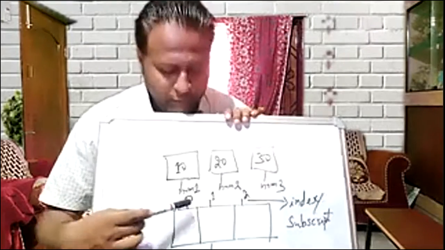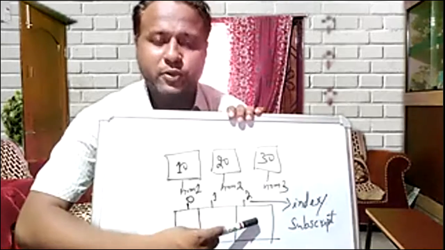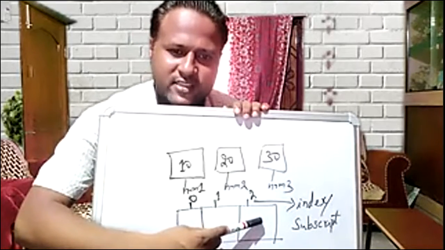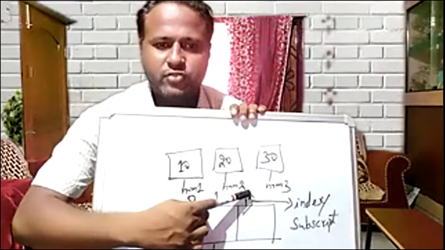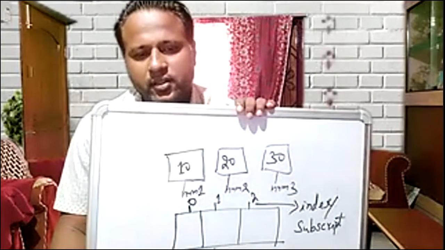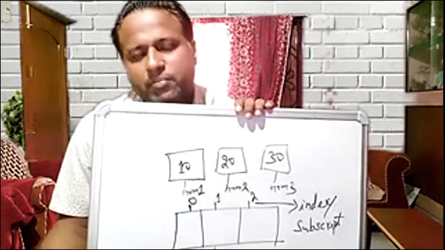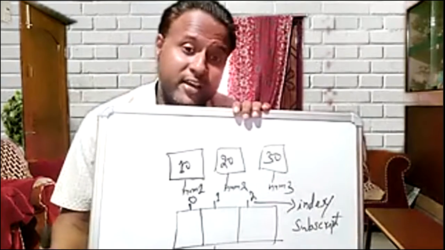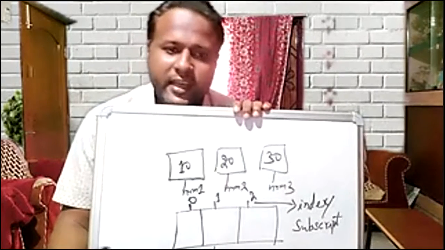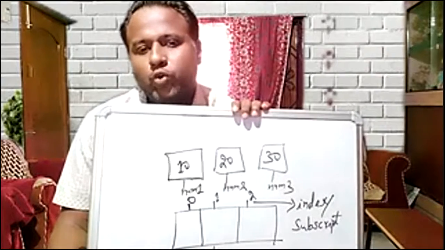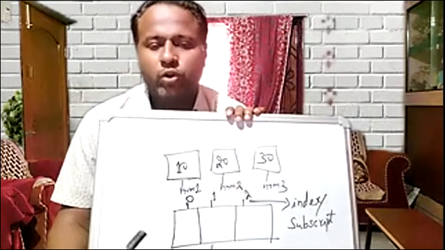And if your array size is 3, that is 1, 2, 3, the last index position is size minus 1. So the array size is 3, 3 minus 1, so the array's last index position is 2. This is called the array subscript number or index number. You can store as many values as you like in the array, but they must have the same data type. If you want to store the same type of value in the same memory location, then there is no need to define different variables. You have to define one variable and store all the values over there.